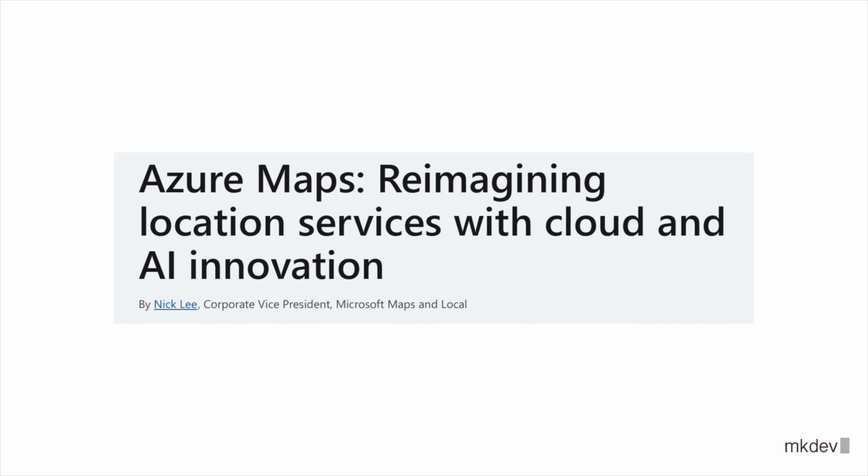Azure Maps, reimagining location services with cloud and AI innovation. There was a service called Bing Enterprise Maps. It's basically a way for you to use Bing Maps inside your own applications and pay for the API and SDKs, for example, to build a mobile app with some, I don't know, cycling routes, similar to Google Maps API and